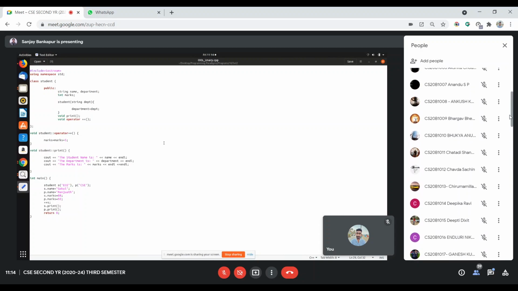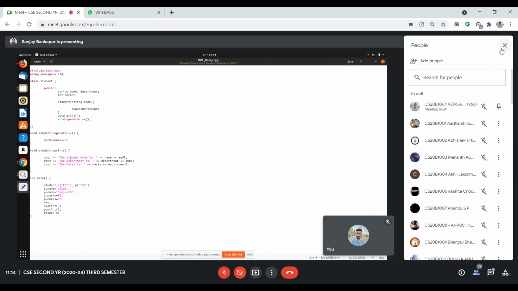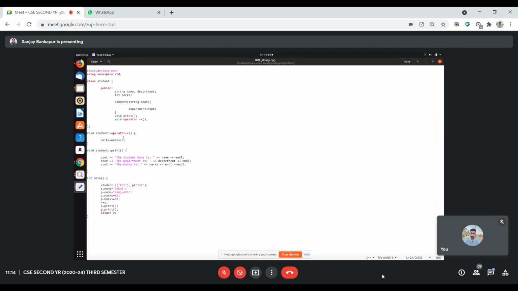So in operator, as we saw the syntax of operator overload: the syntax is void because it returns nothing, and the keyword operator, followed by the respective operator, whether it is plus, double plus, star, hash, or any other operator, and the list of parameters.